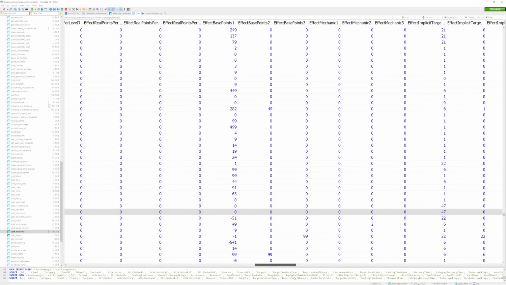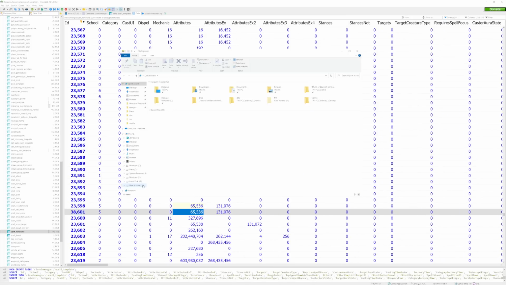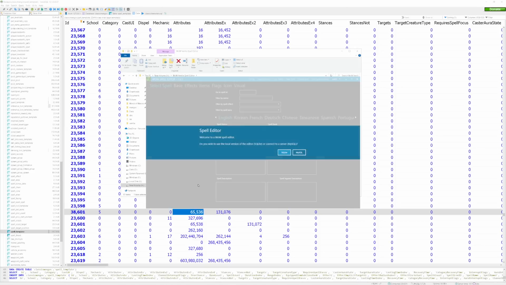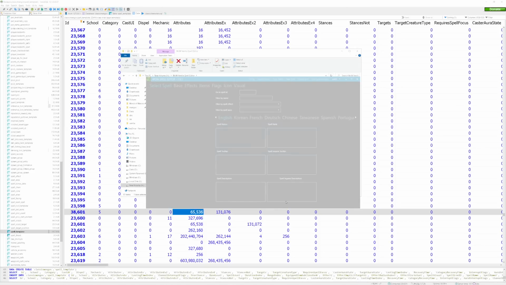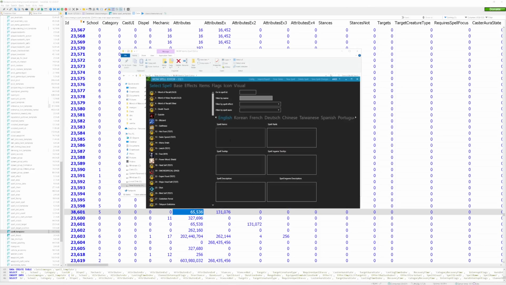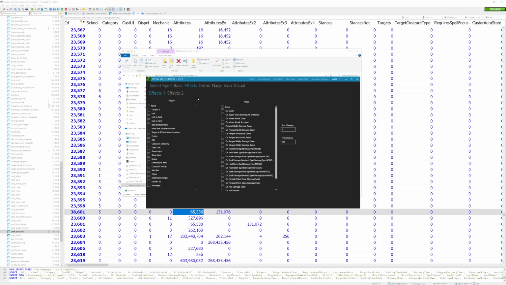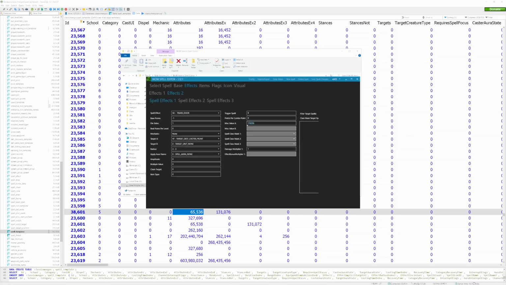I think I might be on the right spell, hopefully. If you ever get stuck and don't know what you're really looking at, you can always find the spell editor program online as well. I'll try to leave links in the description for some of these things, but I use it basically as a research tool to figure out what different spells do, and I just wanted to make sure that I am editing the proper spell. I think the transdoor actually might work anyway, because this misc value is usually just an object, so I'm going to keep the